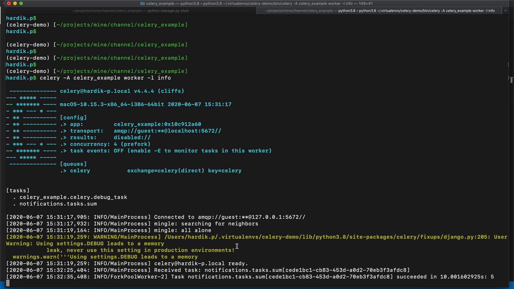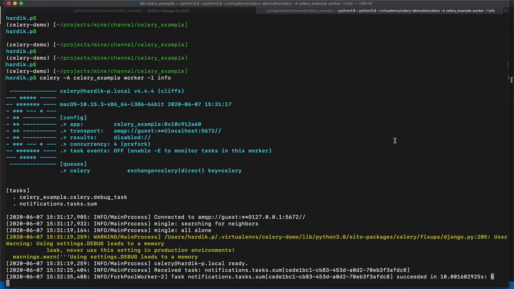As you can see, this is the worker. We received one task from this, and it was successfully executed in 10.001 seconds, because 10 seconds is for the wait, and then this time for execution, and the result you can see here is 5, right? That way you can call the asynchronous function using this delay.